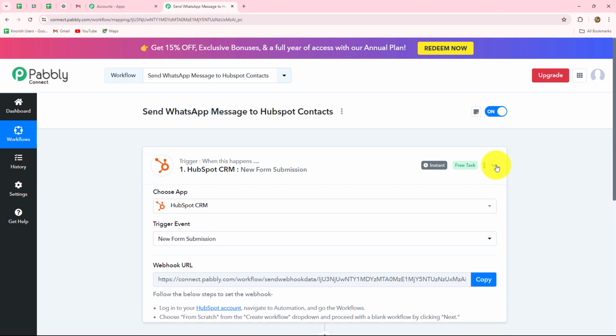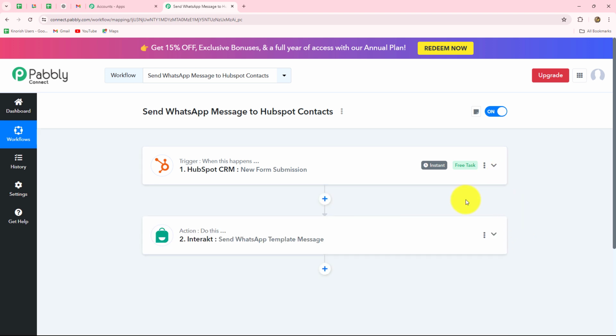The third automation is also an amazing automation, that is this time send WhatsApp message to HubSpot contacts. So earlier I've shown you how you can send a WhatsApp message to your Zoho CRM leads. But if you are using HubSpot as your CRM, this automation is amazing for you. Let's suppose you imagine that you own an online boutique. When a customer signs up for your newsletter through a form which you have created and attached on your website, then their contact